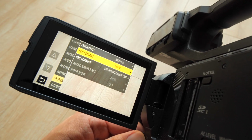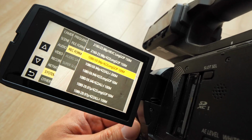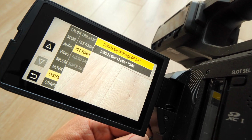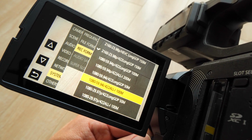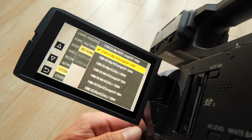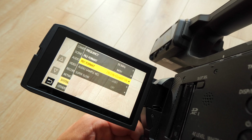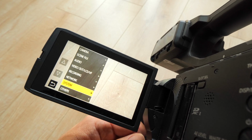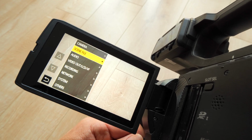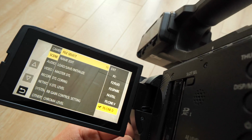But let me back up here and go into the record formats, and you can just see all of these different formats that you can choose from. All I mode, long GOP. You can have so many different flavors and dial them in. When it comes to picture profiles, let me go to the picture profiles here. I believe it's scene file. And there we go. So picture profiles,